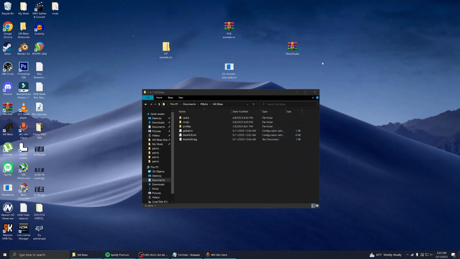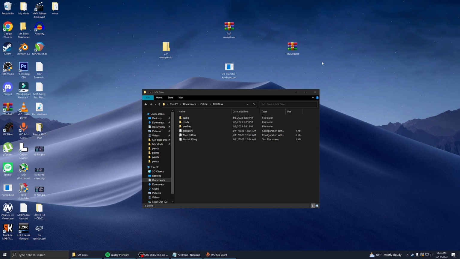So say for instance you download a mod from mxbmods.com, and you download one of the factory bike packs, the Monster Energy Kawasaki bike pack. Now that's a bundle of bikes. That's usually going to come in the form of a zip folder or a RAR archive.